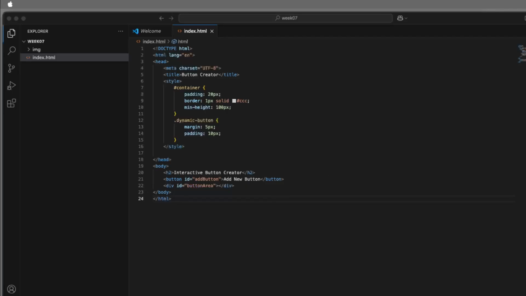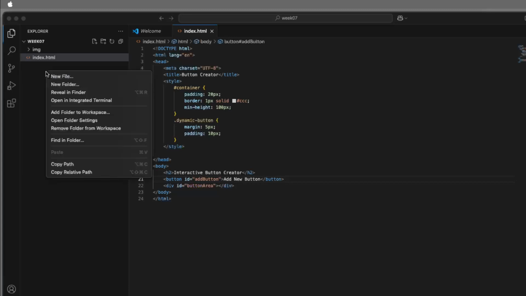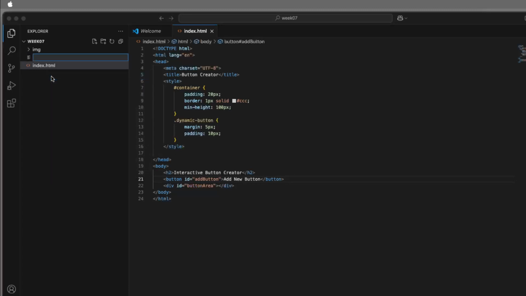All right, so how do we start this? Well, the first thing we're going to do is we are going to get our script source. We're going to create a script file for this. We're doing this because we want to start getting in the habit of keeping our JavaScripts outside of our page. So if you remember, first we need to create it. So we're going to right click over here, new file. We're going to call it